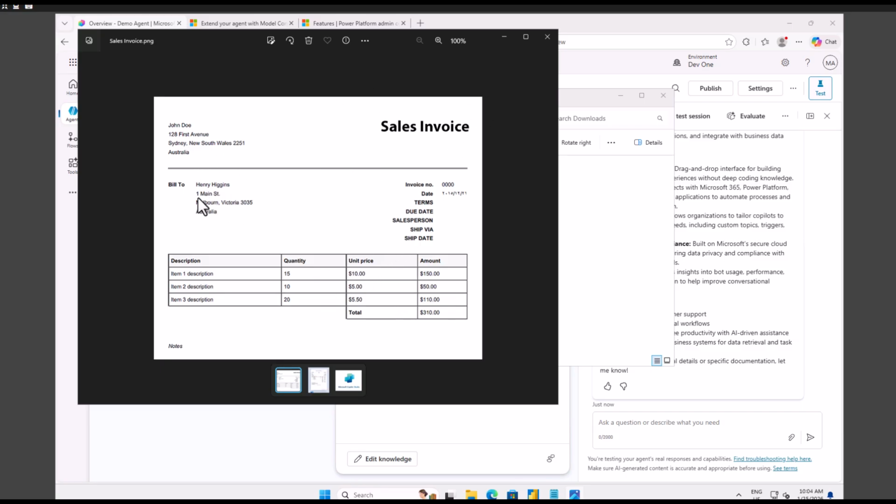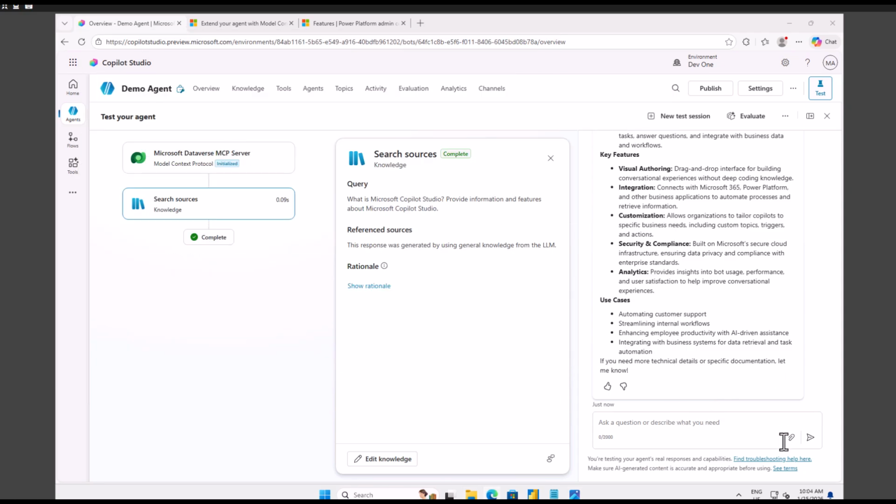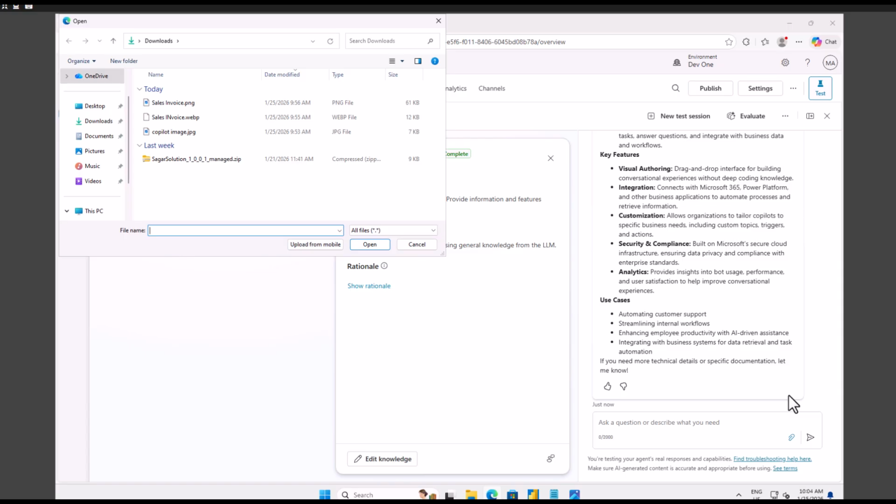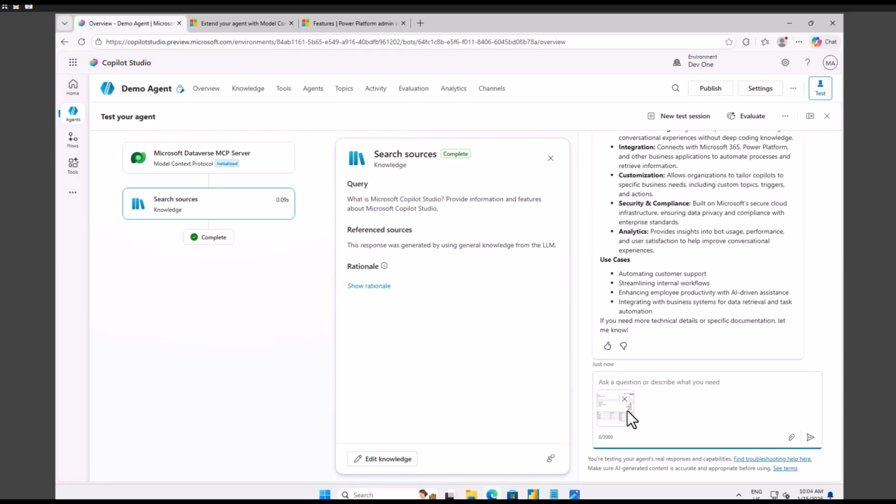Here you see we have this information: your invoice number, your items, etc. Now, when you build an end-to-end project, the user can simply upload any image. For example, let us assume the user uploaded this image inside your chatbot, and if you want to extract the information,